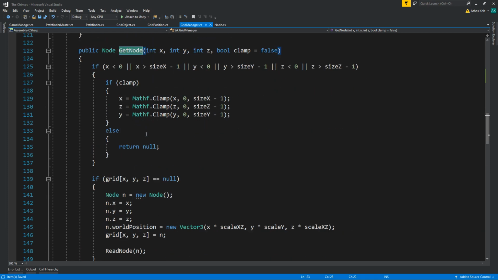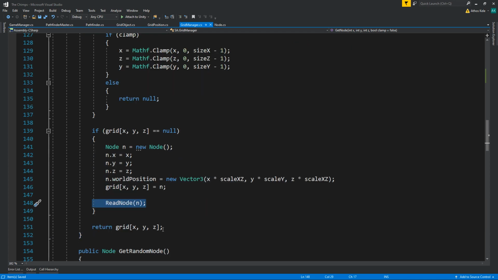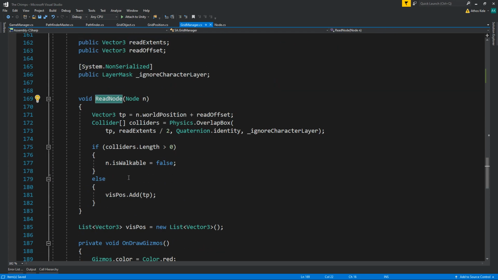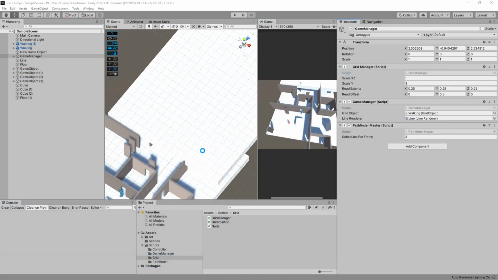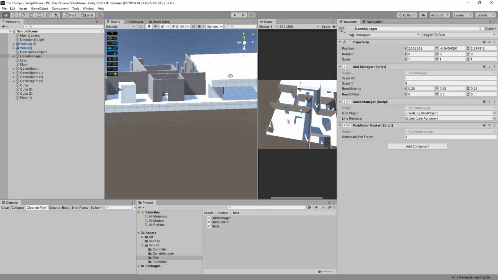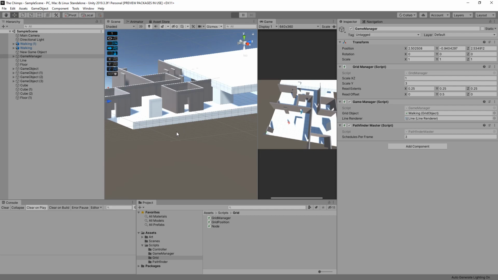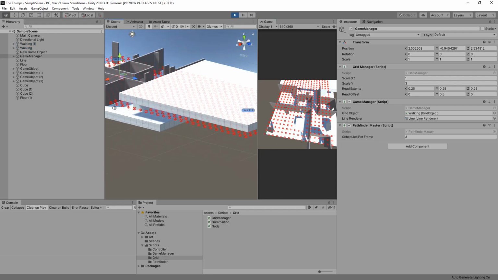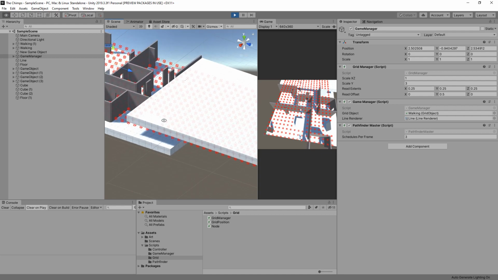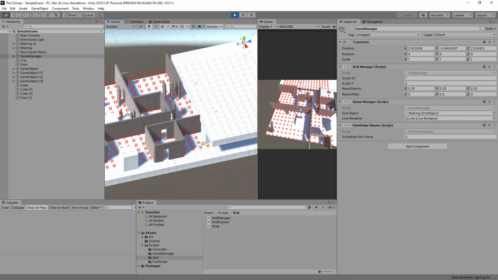and what this will give us, in here, it's going to read the node, and if it's walkable, it's going to add a visualization position. If it collides with something, so we'll see, maybe we interrupt, or maybe we collide with our floor on the second floor, we might not even get any objects over here. But I think we should be fine since this seems to be touching. So let's see. Let's hit play. This will take some time because we do not have any